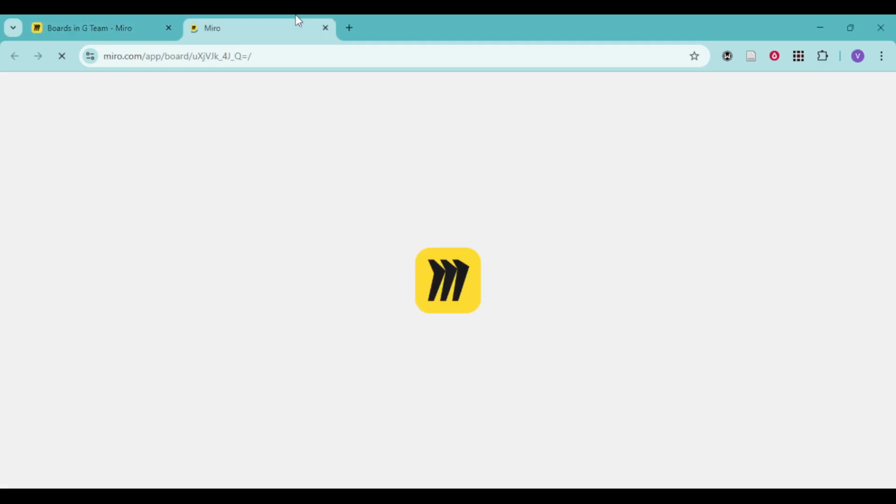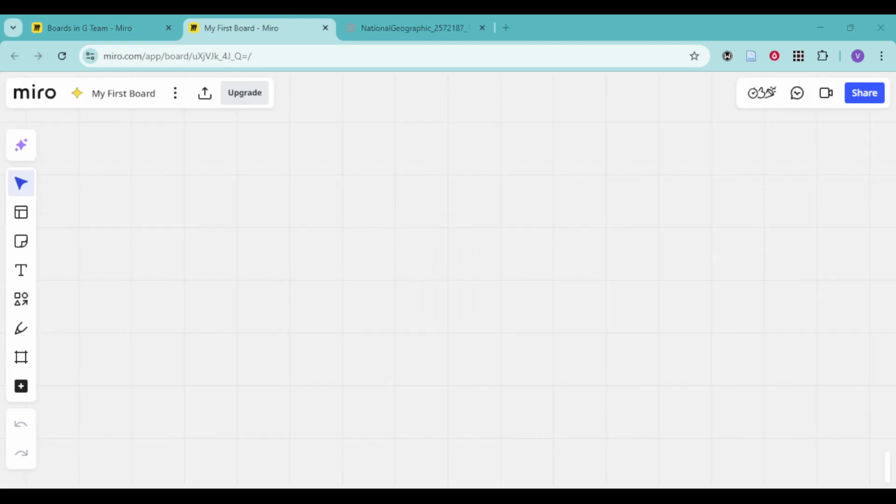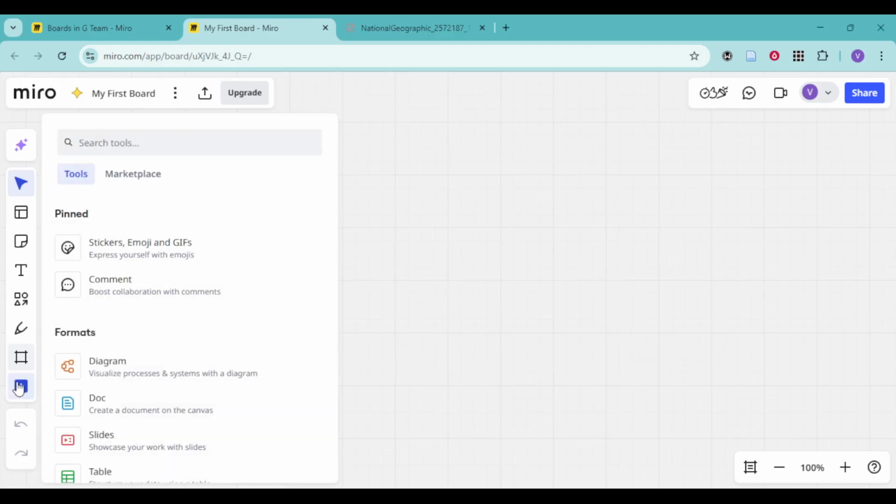Next, look to the left toolbar and click the Upload button. It's the one with the arrow icon. If you prefer a quicker route, you can simply drag and drop an image file from your computer straight onto the board. Drag and drop is great when you already have the file handy on your desktop or in a